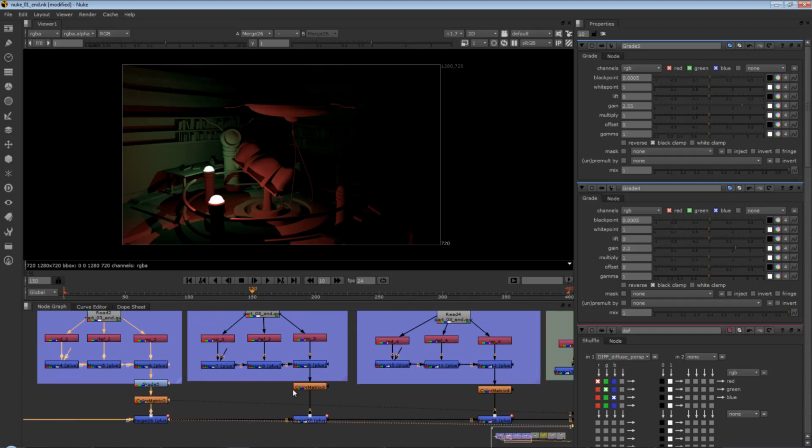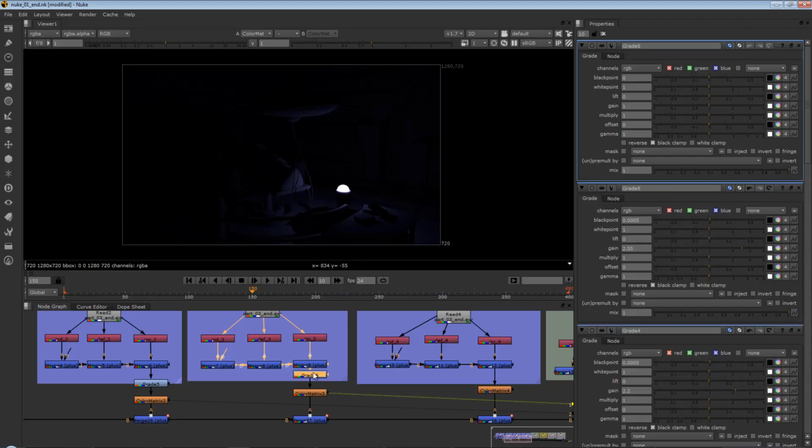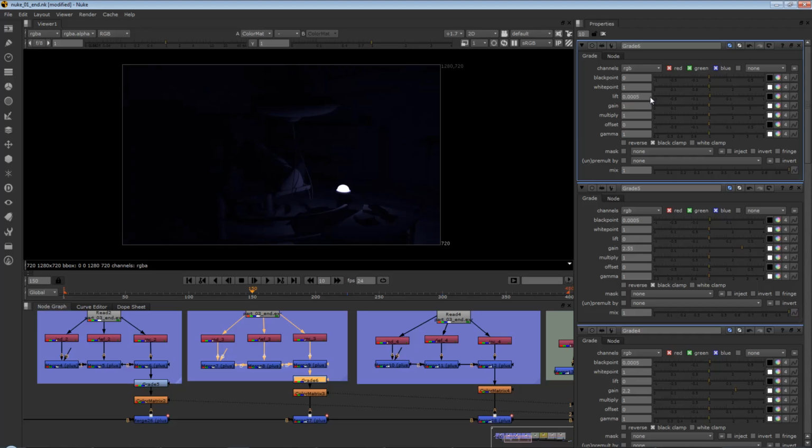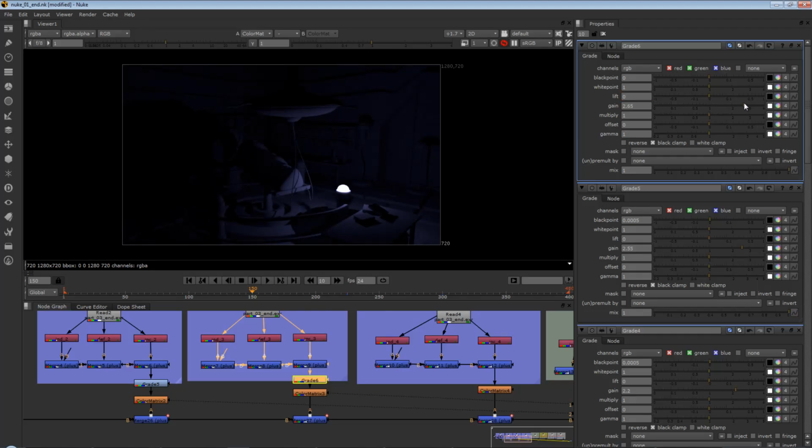So I'm going to go to 3, click the output from that, and this is this really nice blue color, but I'm not really seeing it strongly enough. So once again, hit grade. Oh, do not want lift, gain. Okay. Now what I might do with this is add here, as well as a grade, I might add a